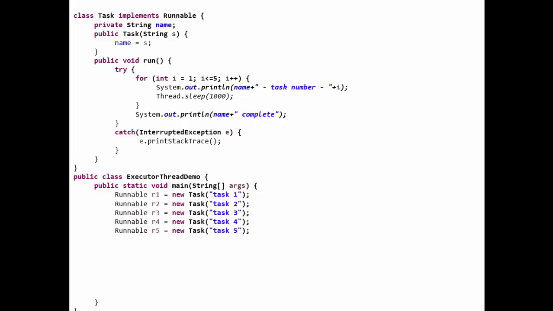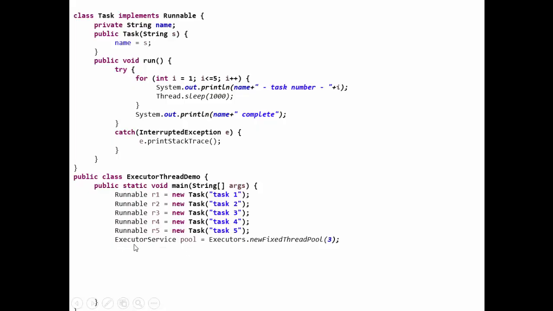Now step 2, we need to create the executor pool. For that we make a reference of ExecutorService, that is pool, equals Executors.newFixedThreadPool. This newFixedThreadPool method is a static method of the Executors class, which requires one integer argument. This is the size of the pool. So we provide the size of the pool in which the threads will be created. We will be passing our tasks to this particular pool, which is referenced by the name pool.